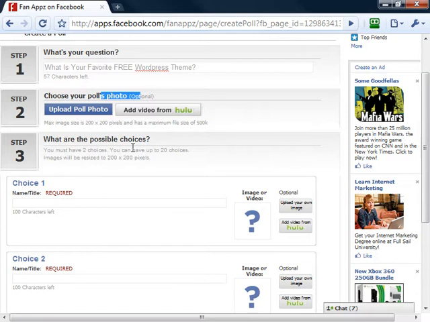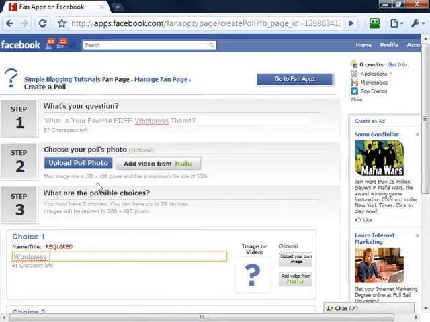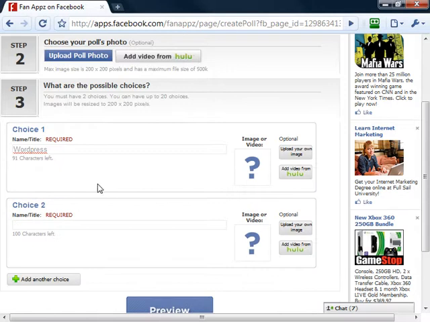Okay, you could add up to 20 choices, and you could even add in more images. I could say something like, what is your favorite free WordPress theme site, right? So our choices could be like,